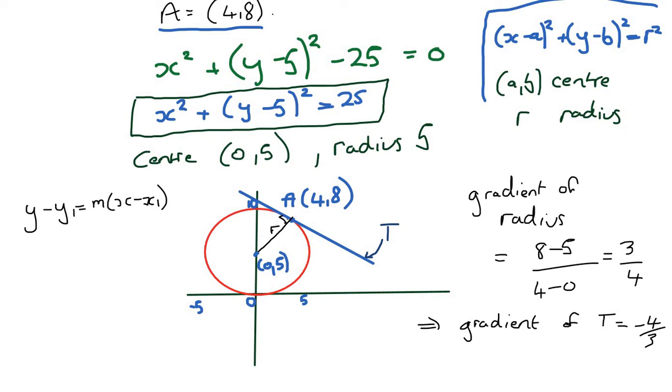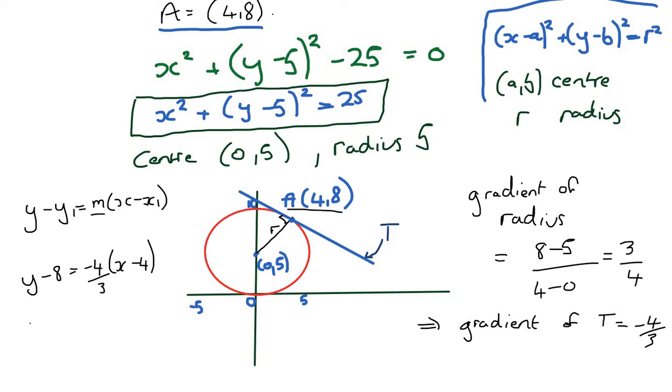So we know a point on our line, that's A, which equals (4, 8), and we know the gradient now, it's minus 4/3. So we get y minus 8 equals minus 4/3 times (x minus 4). Now be careful with your negatives,